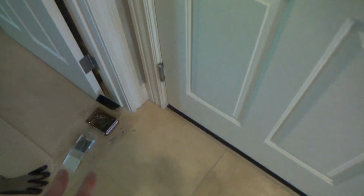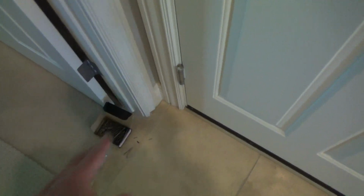Okay, my project today is I've got to tighten up these self-closing door hinges on this exterior door. This door goes out into a garage. And this door, I took the spring-loaded pins out, and here's the little pins. Okay? I'm going to use some finish nails along with these pins